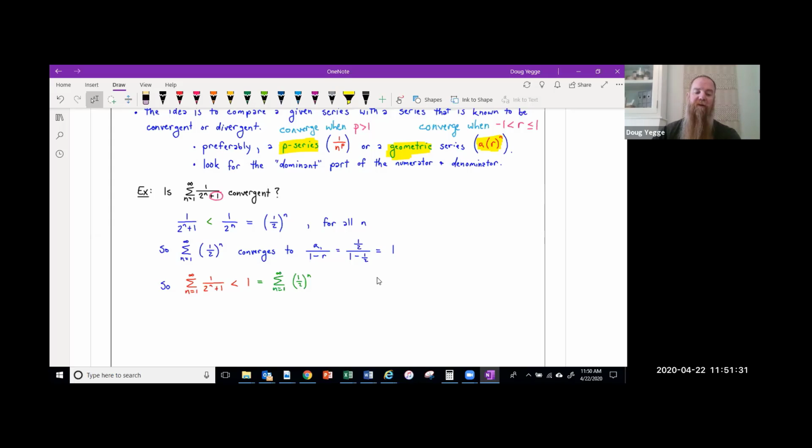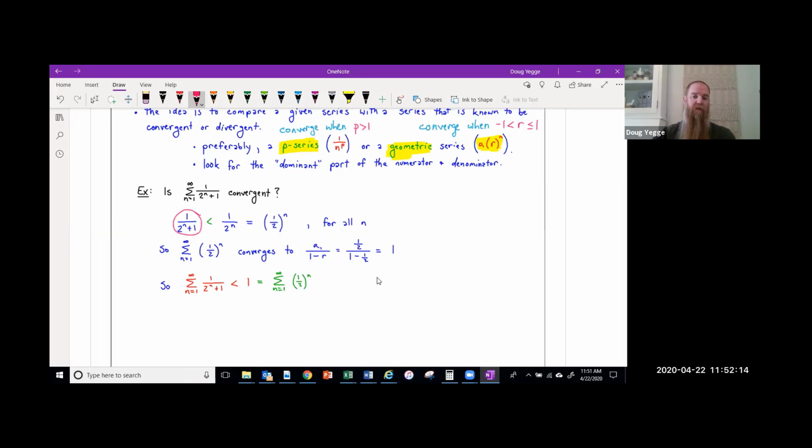So what we do, and this is a pretty basic one, but this is going to be the same general idea, is that we say, you know what, let's compare this to a series that I know about its convergence. So if I were to get rid of this extra little +1 on the bottom, wouldn't that just become 1 over 2 to the n now? And the reason I would get rid of that +1 is because that little +1 in the denominator is going to be so insignificant when I go all the way out to infinity that it's not even really going to matter eventually. So what I'm going to do is we're going to compare this particular series,